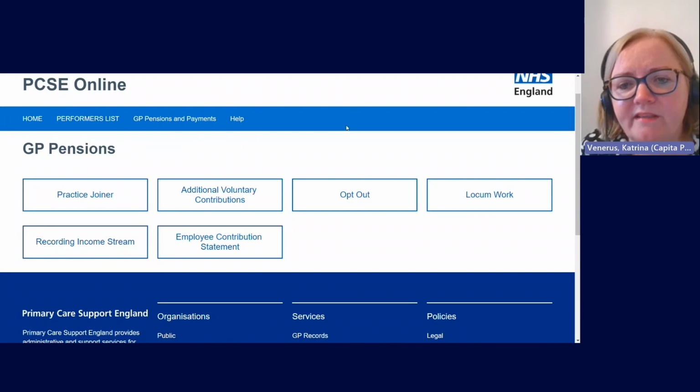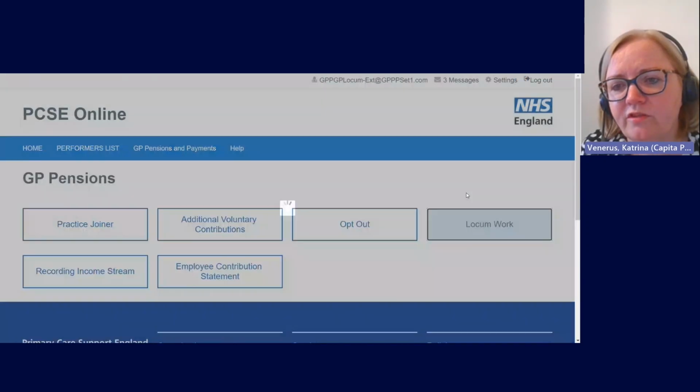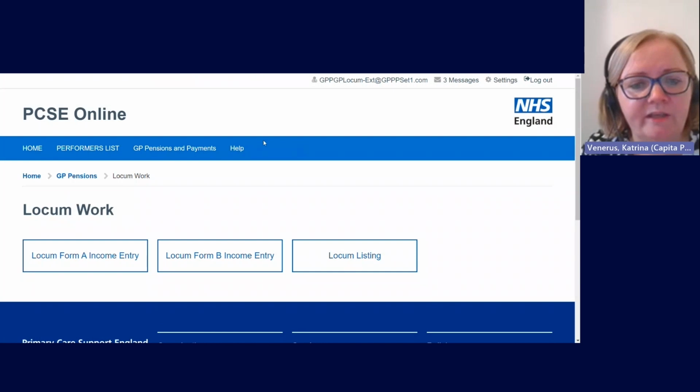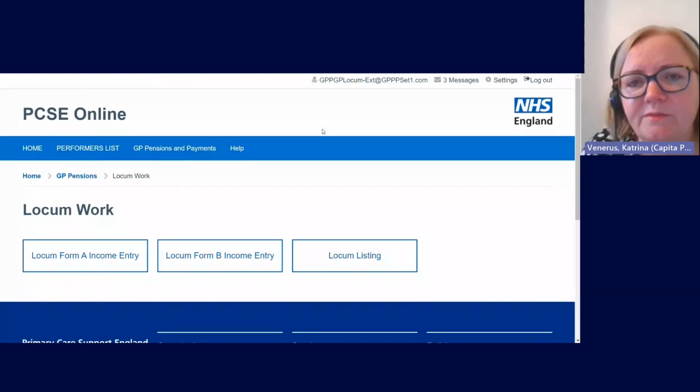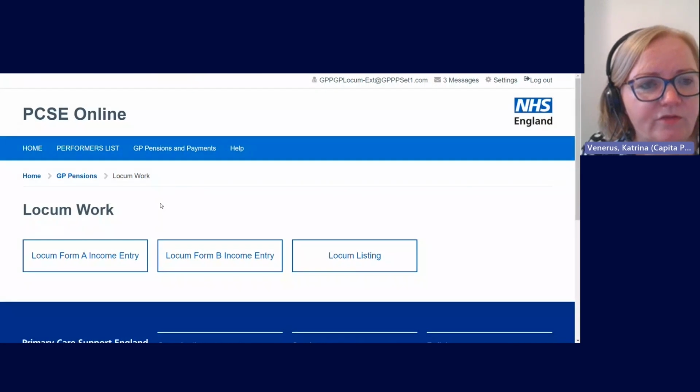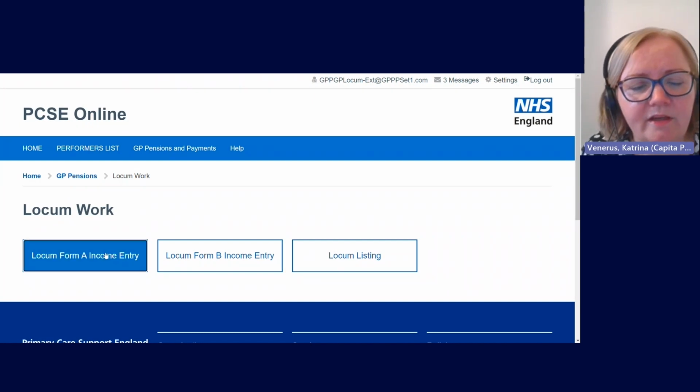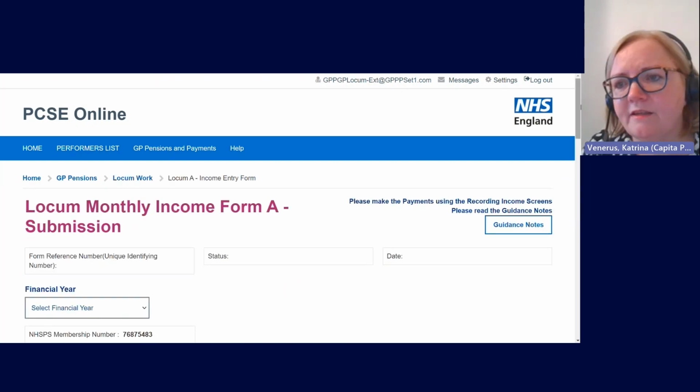So, logged into PCSE Online, and we're going to go to the Locum Work screen. Some of you will have seen all of this before, because about a quarter of the audience have said they've already used PCSE Online in the past for locum forms. But for everybody who hasn't, and to recap for anybody who has, then your Locum A form,